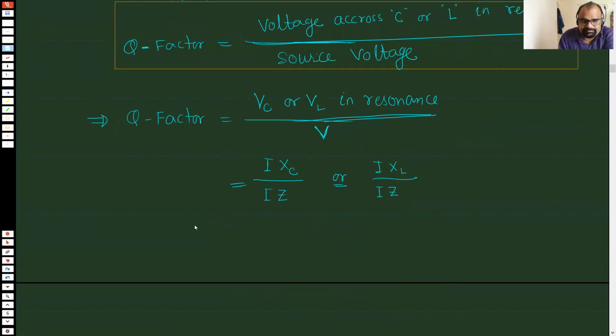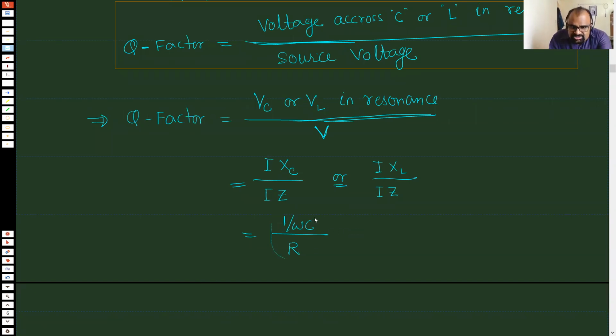Okay, so you get Q factor as, I gets cancelled. So here I can write XC as 1 by omega C by Z. Z is R. Seriously, is Z R? Is impedance R? How can I write that? XL is equal to XC, sir. Yeah. See, in general, impedance is not R, but we are talking about resonance. So in resonance, XL and XC cancel out each other.